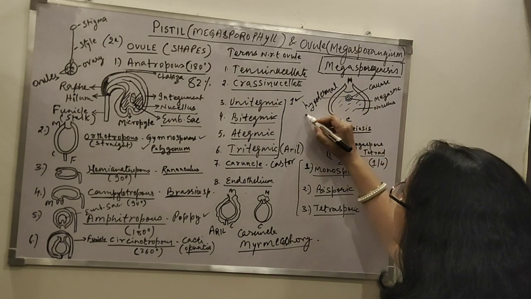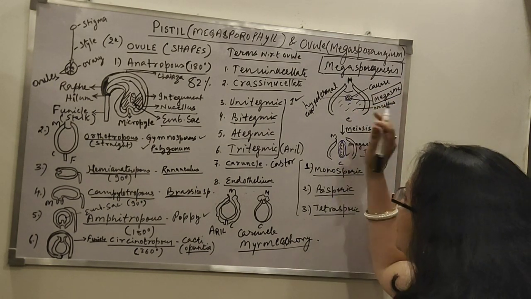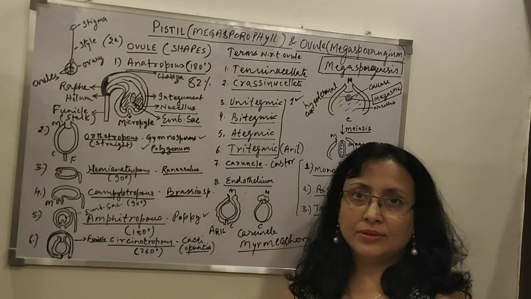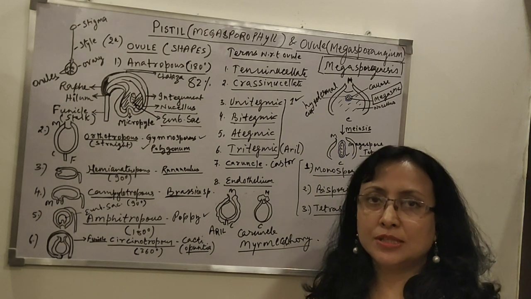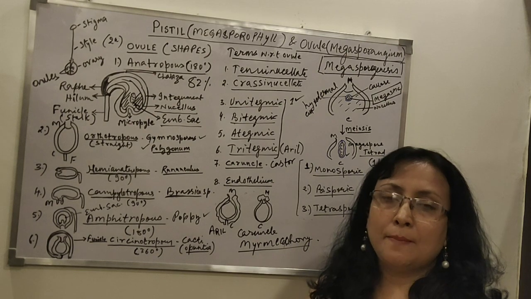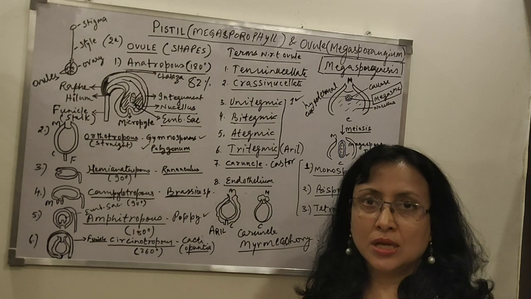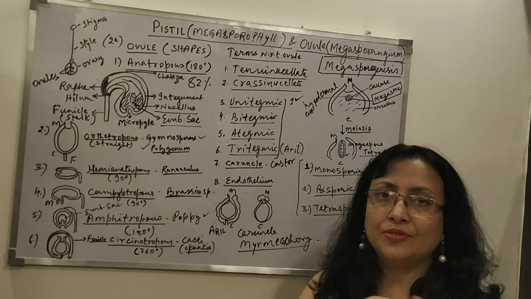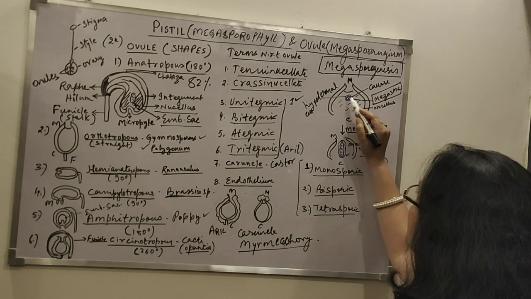So it is a hypodermal cell that becomes a megaspore mother cell among nucellus, and this cell is coming from where? This cell is nothing but a nucellar cell. So you can even write in your notes that it is a hypodermal nucellar cell towards micropyle, which develops as a megaspore mother cell, and it's surrounded by callose. Once it gets surrounded by callose, it is delimited or separated from the rest of the nucellus tissue. So you can see how this mega SMC is formed.